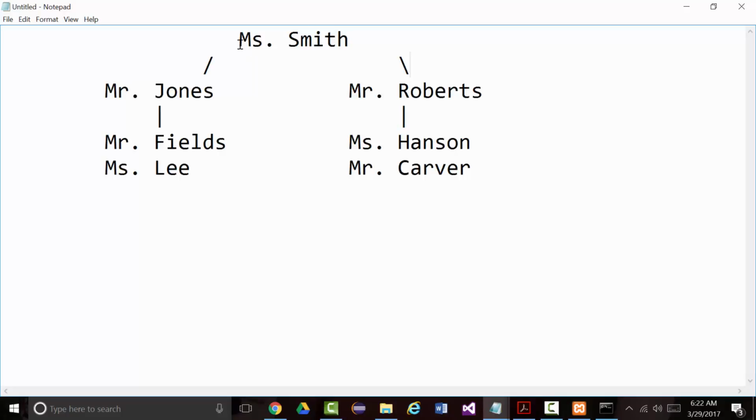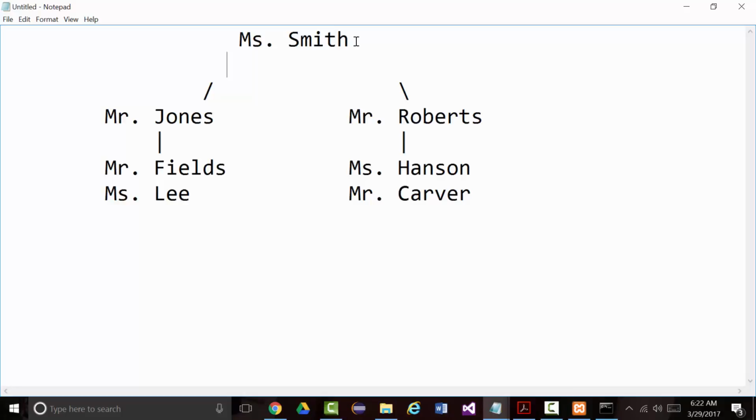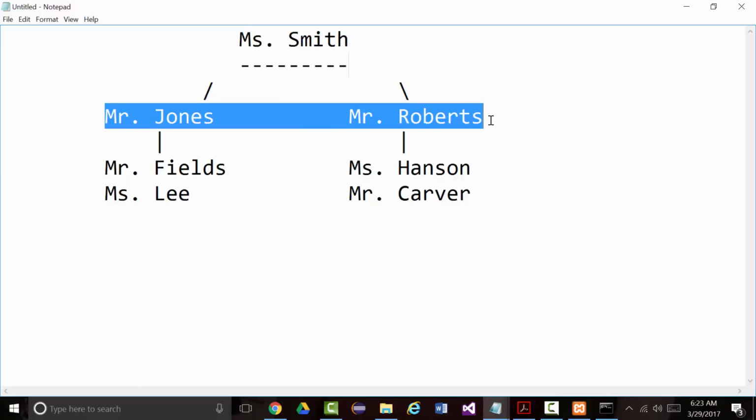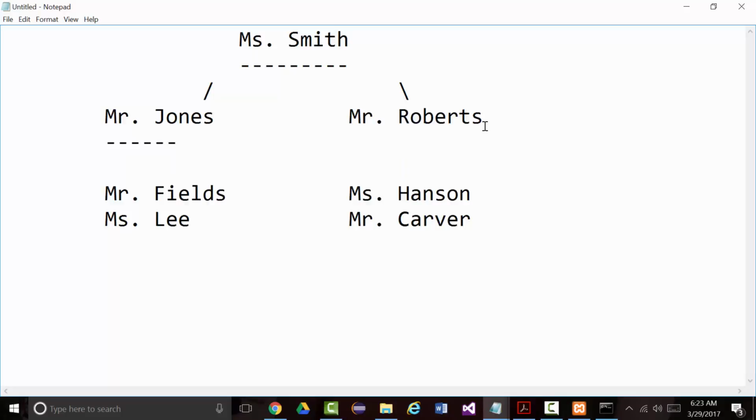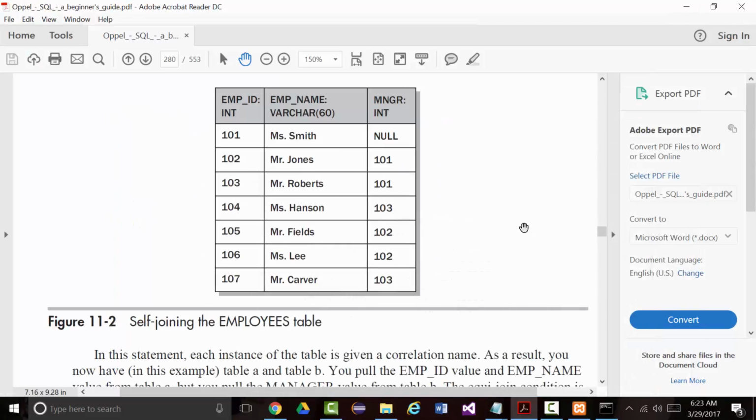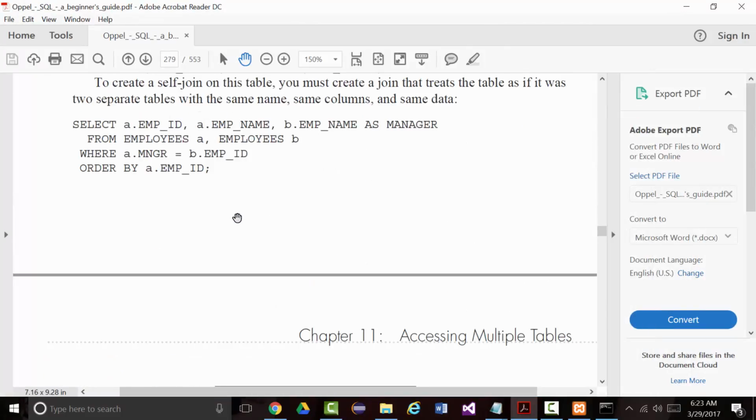So if we look at the hierarchy, on the top we've got Ms. Smith. And Ms. Smith, for lack of better words, is the head honcho. Who reports directly to Ms. Smith? Mr. Jones and Mr. Roberts. And who reports to Mr. Jones? That would be Mr. Fields and Ms. Lee. Who reports to Mr. Roberts? That would be Ms. Hanson and Mr. Carver. So sometimes the only way to dig the information out that you need is to go